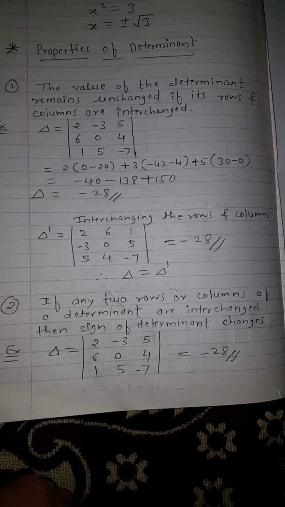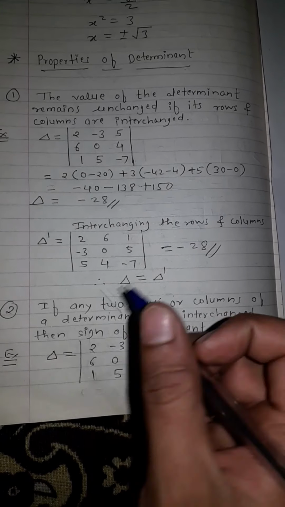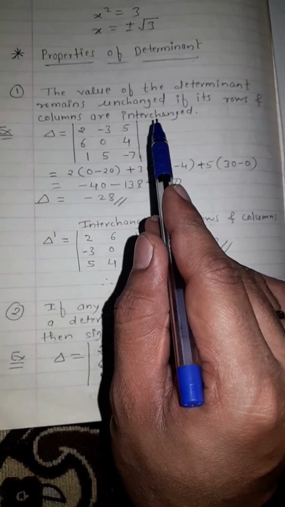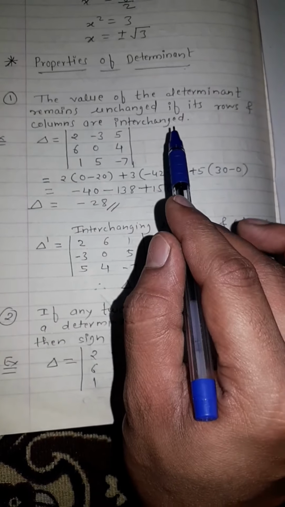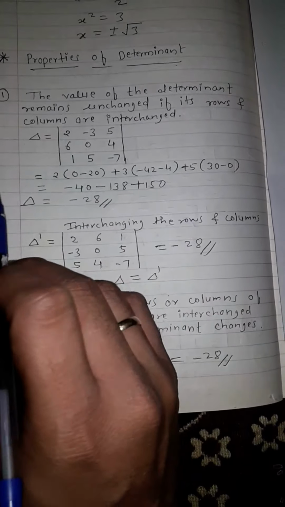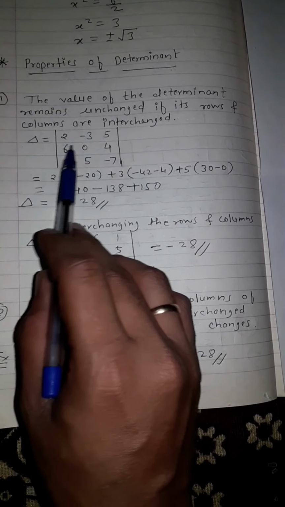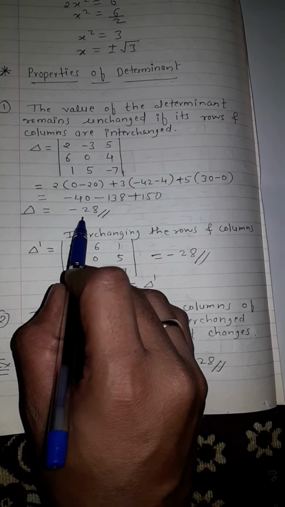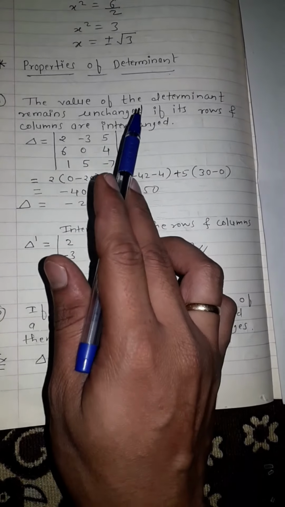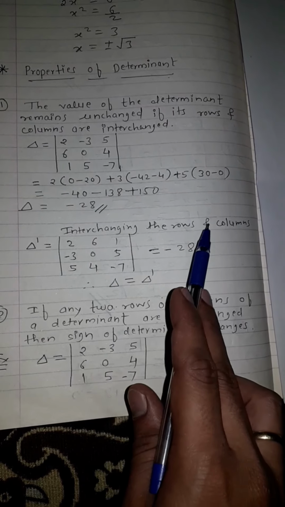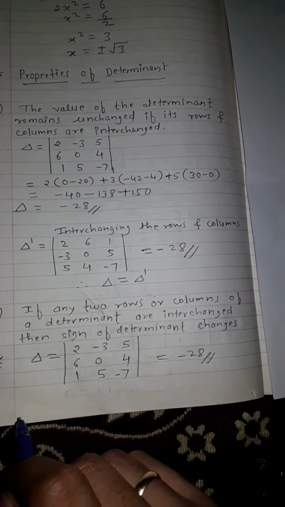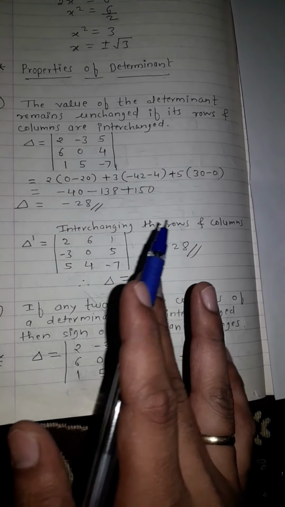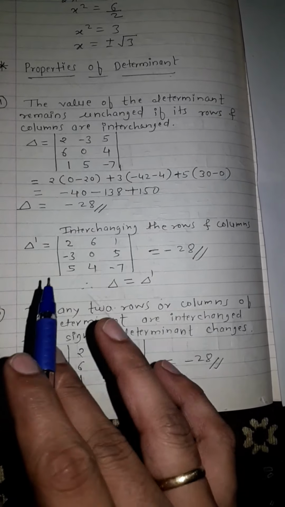First property: the value of the determinant remains unchanged if its rows and columns are interchanged. For example, I have taken this determinant delta, and after expanding we got the value minus 28. As the property says, if I interchange the rows and columns, interchanging rows and columns means taking the transpose, so rows change to